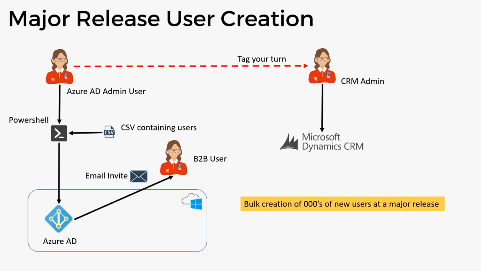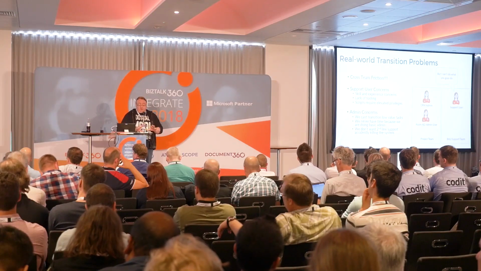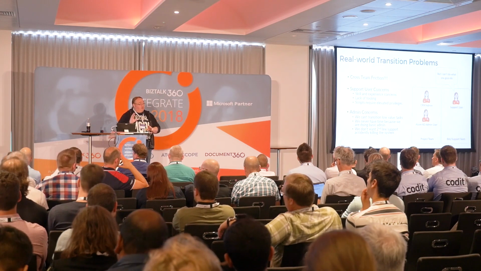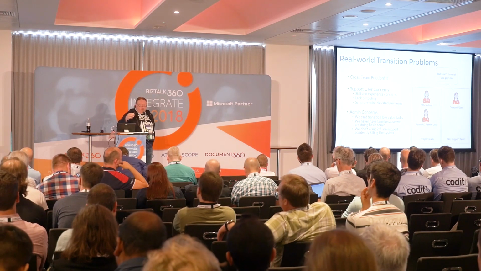So the challenge is, when we come to the real world, we want to offload this task because it's quite low value, but we can't give it to somebody outside the team because of the privilege requirements and the skill set requirements. Quite often what would happen is your support team will be complaining, saying, I don't want to take this process because nobody's really covering how I should do it. I'm concerned about security of it. Our team's reluctant to offload it because we don't trust the team to be able to do it in a way that we consider safe. So there's just a whole load of problems about this kind of process being taken away from the DevOps team into a more frontline support area.